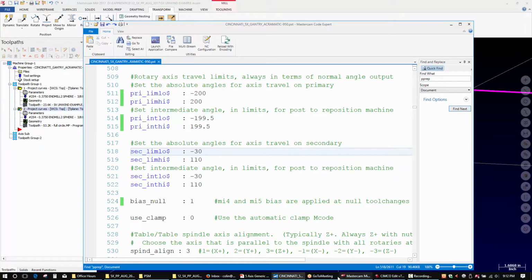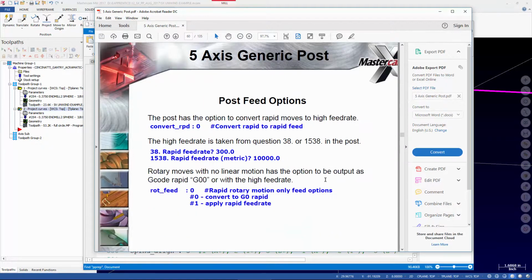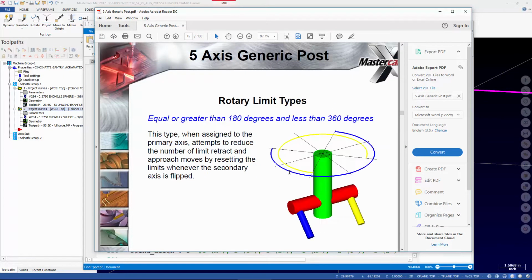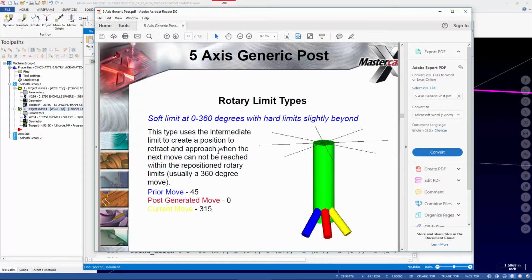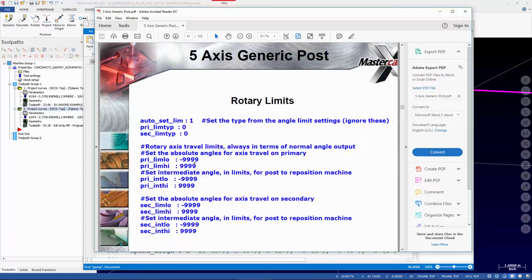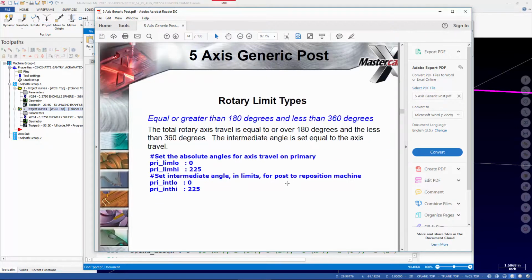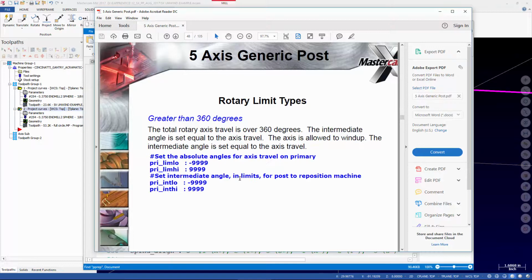So we'll go back to 5-axis generic. Okay, so we've talked about the rotary limits and the rotary limit types. Basically, we don't need to worry about setting rotary limit types because they are set for us automatically by this variable here. So once we set the rotary limit values,